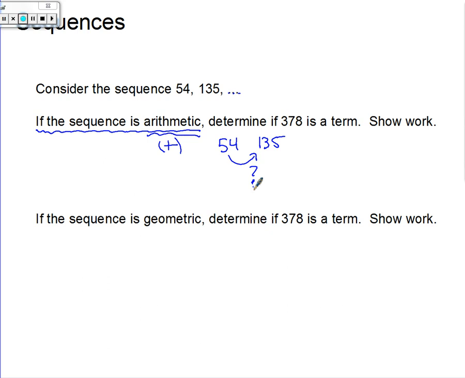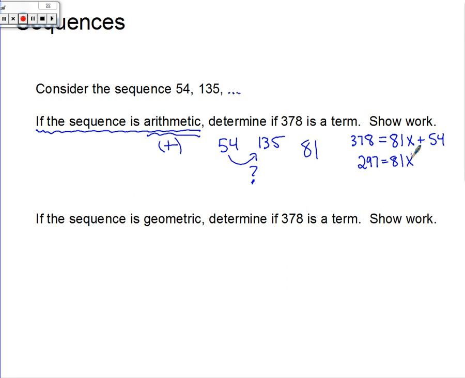So 81 is our common difference. So then, is 378 a term? We have a couple options here. You can let 378 equal 81x plus 54 and solve this for x. So 378 minus 81 is going to be 297 equals 81x. Divide by 81 and we get,